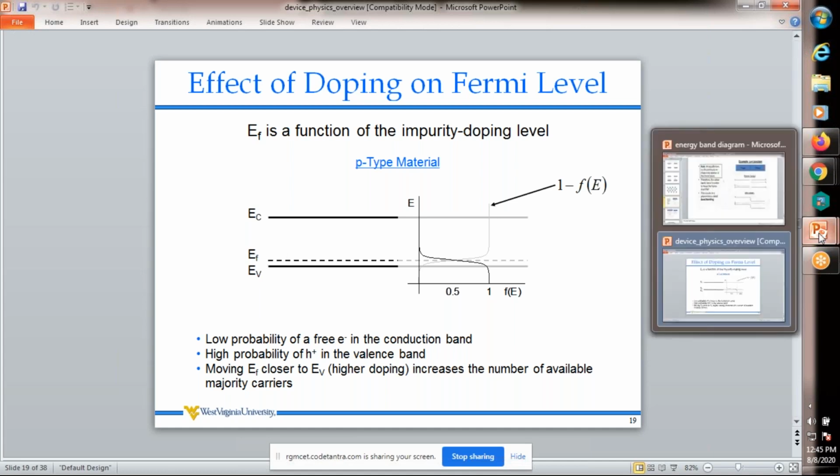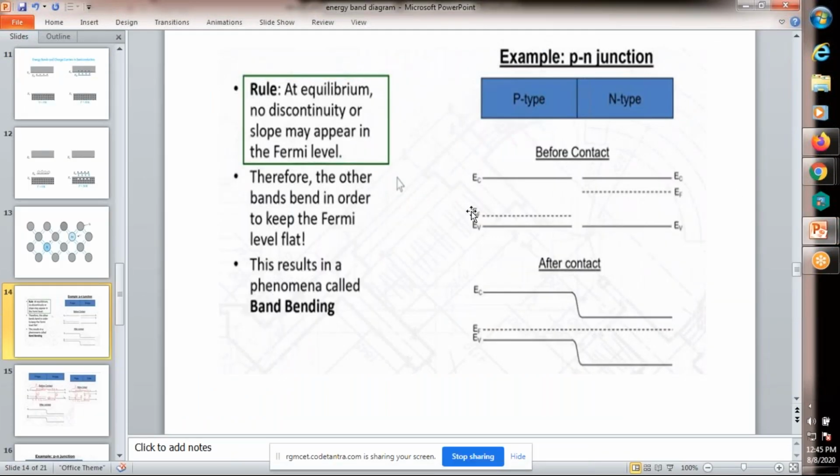Okay, these are the Fermi levels. If you're not confused, these are all the donor levels, and this is the acceptor level. By adding the impurities, what happens? It creates one energy state. Here electrons are available. In p-type, it creates one energy state near the valence band. Here in this case, holes are available.